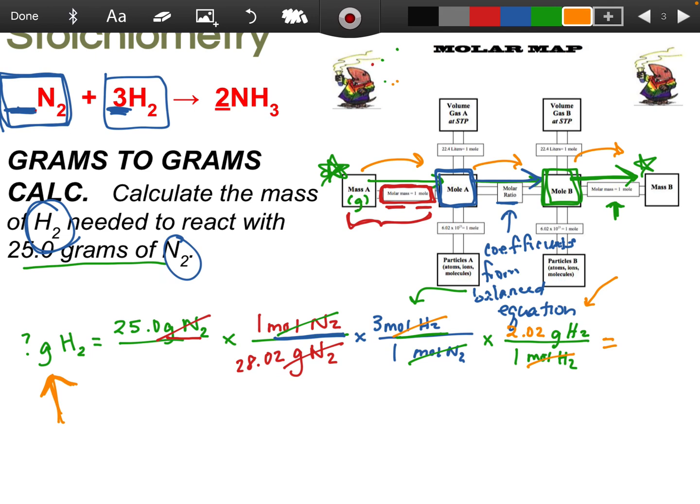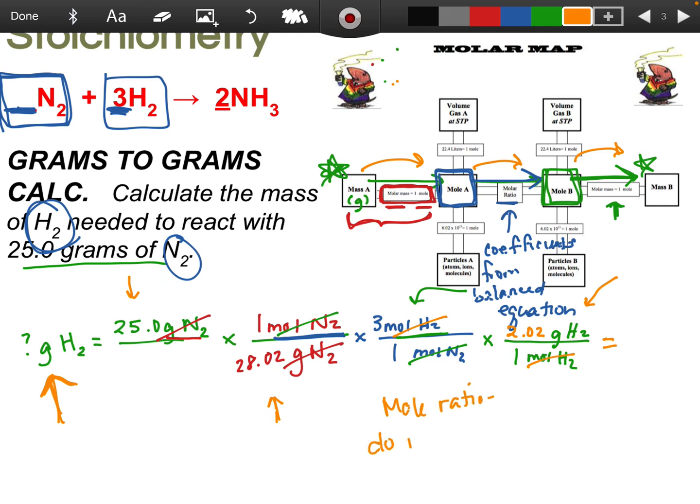So 25 times 3 times 2.02 divided by 28.02. And now we have to round to sig figs. So when you look at sig figs, we'll look at all the numbers in the problem. 25.0 has 3 sig figs. The molar mass has 4 sig figs. The mole ratio,